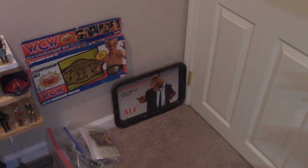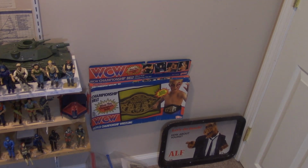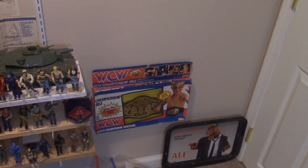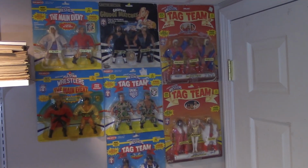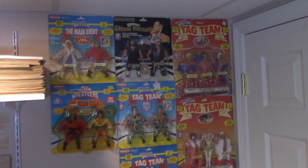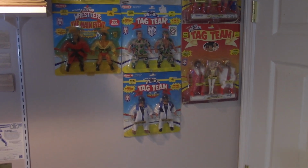There's an elf TV tray there for some reason, and there is a Galoob WCW Championship belt in package. This is where I've just decided to start hanging the carded Remcos. I'm just going to put them there. Because if I did, by some crazy,